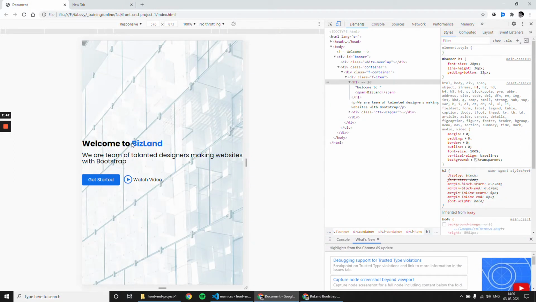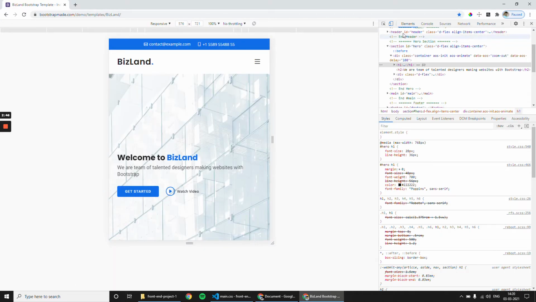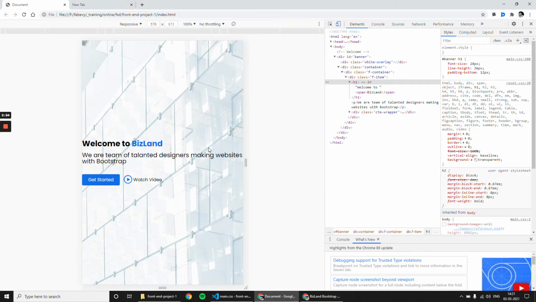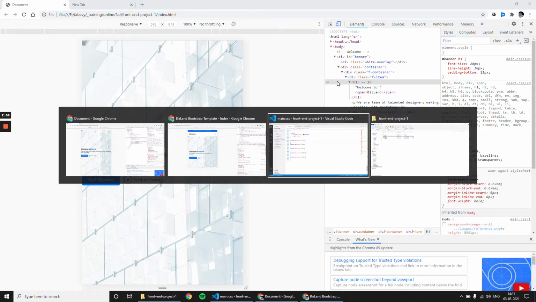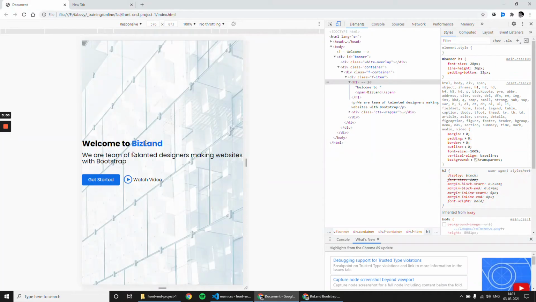Yeah, the dimension has been applied for the heading tag. Next, what you need to do is now inspect here and check the size. Now also the font size is 28 pixel. So for this media query, like for 576 pixel breakpoint, we don't need to update anything for this heading tag.